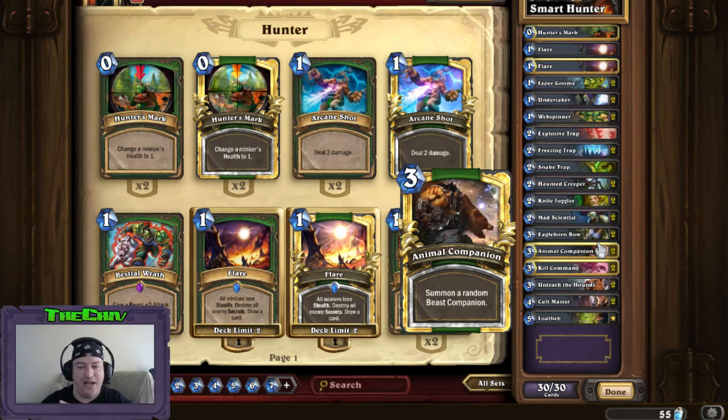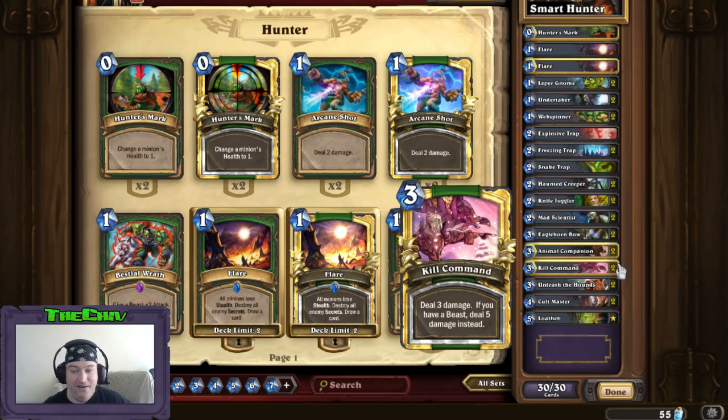Every minion out of Animal Companion actually has relevancy in this deck, and that's extremely important. There is no dead animal you can get out of there. Alright, Kill Command. We've got a bunch of beasts. Web Spinners. We've got snakes from the Snake Trap. We've got puppies from Unleash the Hounds. We've got Animal Companion. That right there is almost always going to guarantee that Kill Command is going to get